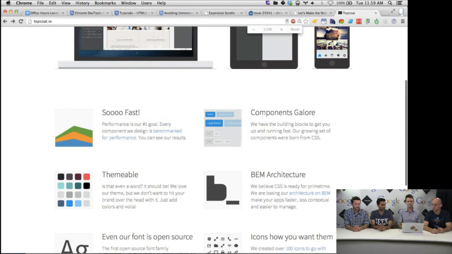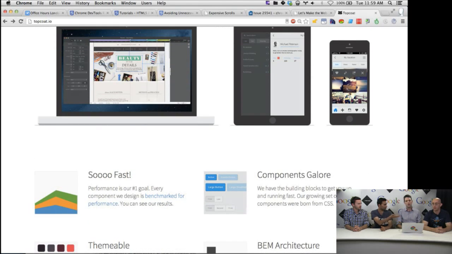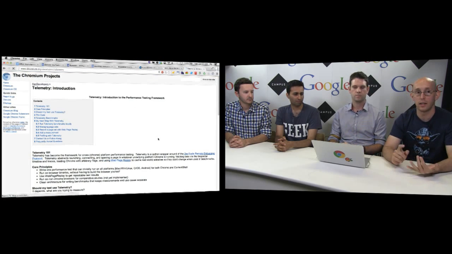So I've seen an increasing number of projects starting to use Telemetry. I know that you've spent a lot of time with it. Do you want to talk a little bit more about how it works? Telemetry is a Python-based framework. As Paul said, it's part of the Chromium project, and it launches